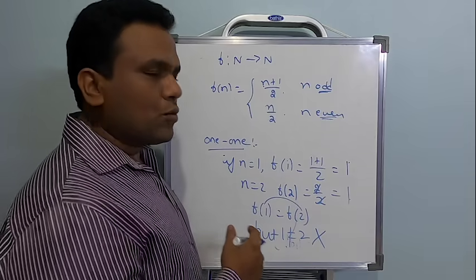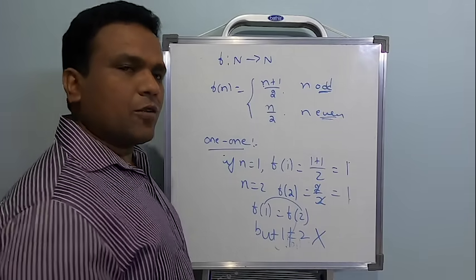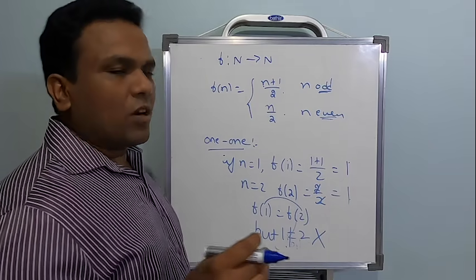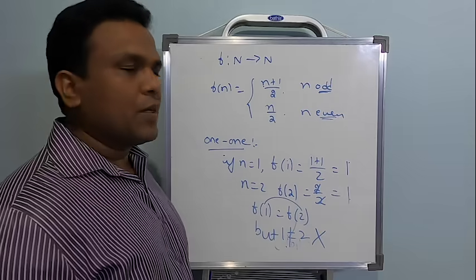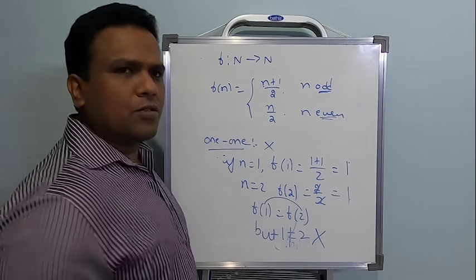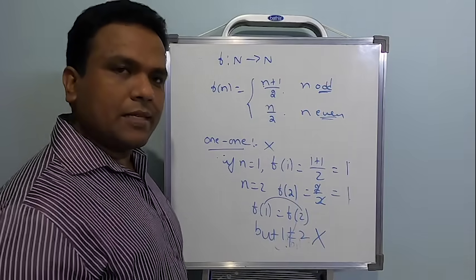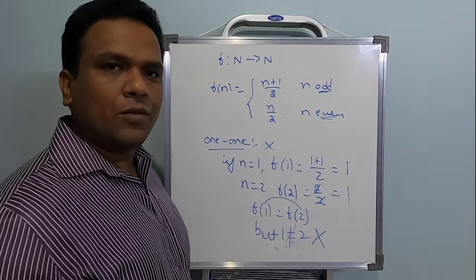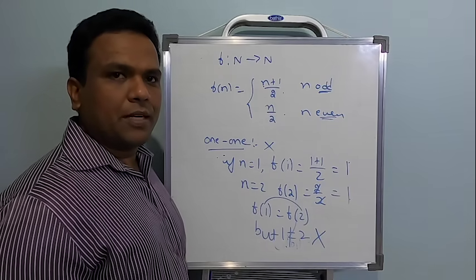Then in such a case, the function is not going to be a 1-1 function. It's enough, students. Now don't proceed to check for onto. Here itself you can give a conclusion. See, what is bijective? It should be both 1-1 and onto. If it's not 1-1, then there is no point in going to check for the onto condition. So just give this example, and at the end of it, just note down: this function is not a 1-1 function. Hence, it's not going to be bijective.